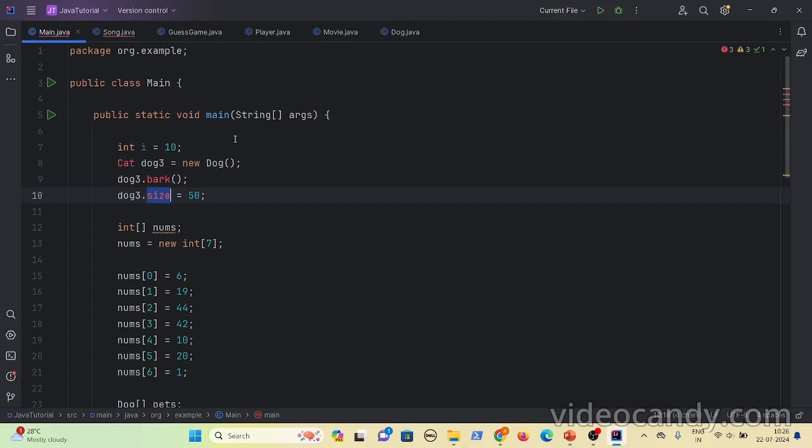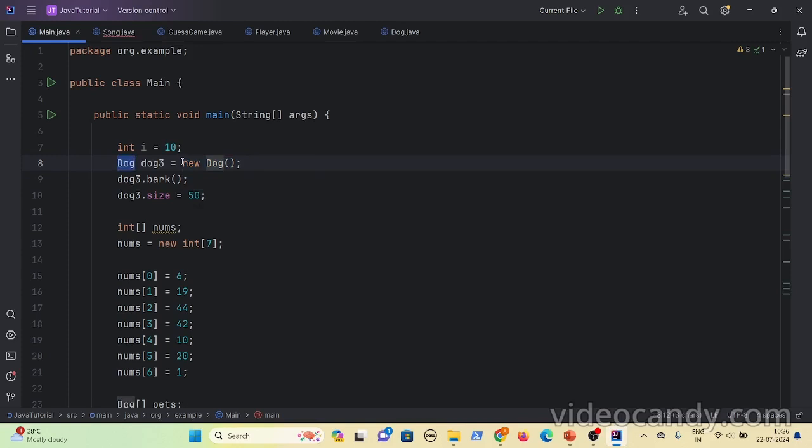So Java is very strict about the types. If you try to assign objects to any irrelevant types, it will throw an error. The same thing we have observed with primitives as well. If you try to use a decimal for an int, it throws an error. The same thing happens here. Whatever object you have created, you should assign it to a variable of the same type. Like the Dog object you have created, and the type of this object will become Dog.